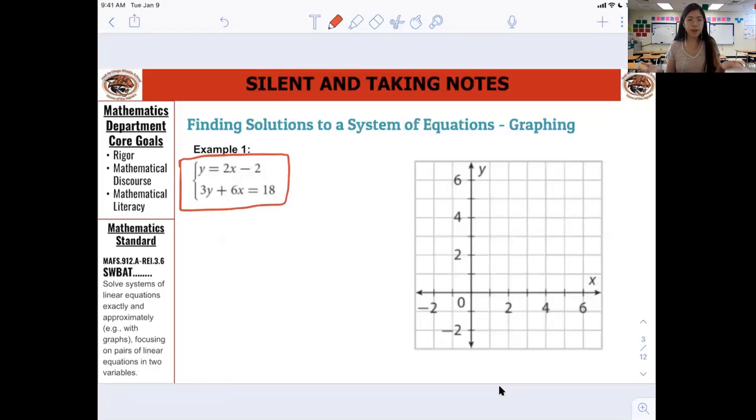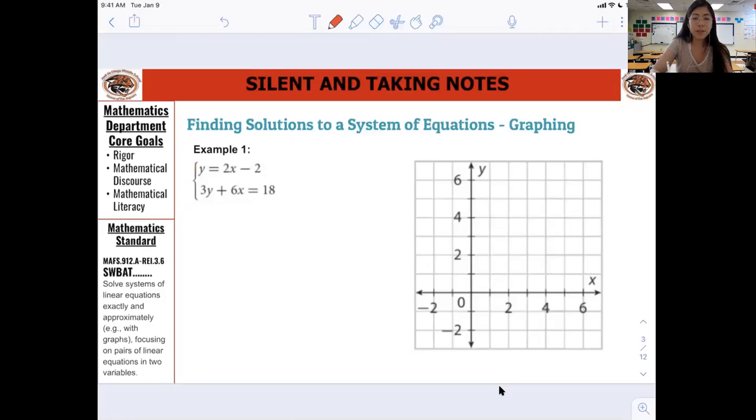In this system, equation number 1 is y equals 2x minus 2, and equation number 2 on the bottom is 3y plus 6x equals 18. This little guy right here is what groups together the system. That's all that is. So when you are told to graph a system, the first thing, like we just said, is